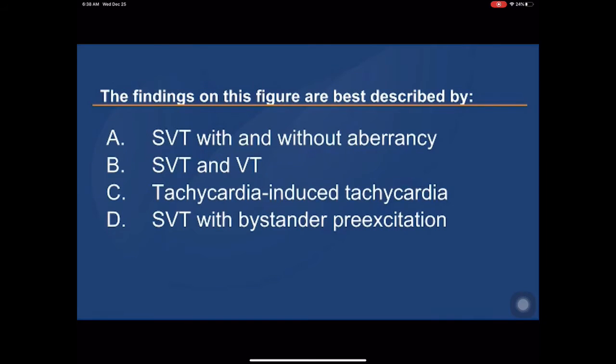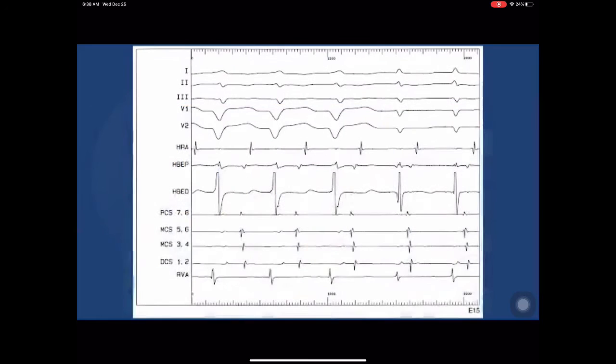The findings in this figure are best described by, and we'll go back to it in a moment, supraventricular tachycardia with and without aberrancy, the combination of 2 tachycardias at the same time, a so-called double tachycardia, in this case SVT and VT, one tachycardia that starts another one, a condition I call tachycardia-induced tachycardia, or maybe it's an SVT that just has bystander pre-excitation. So we got to go back now and look carefully. So you will have had a chance to put your answer in, but let me show you what